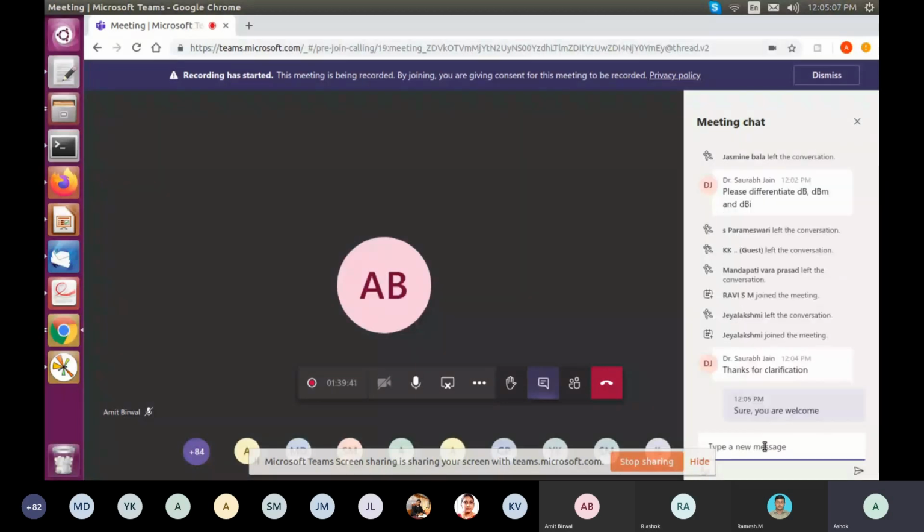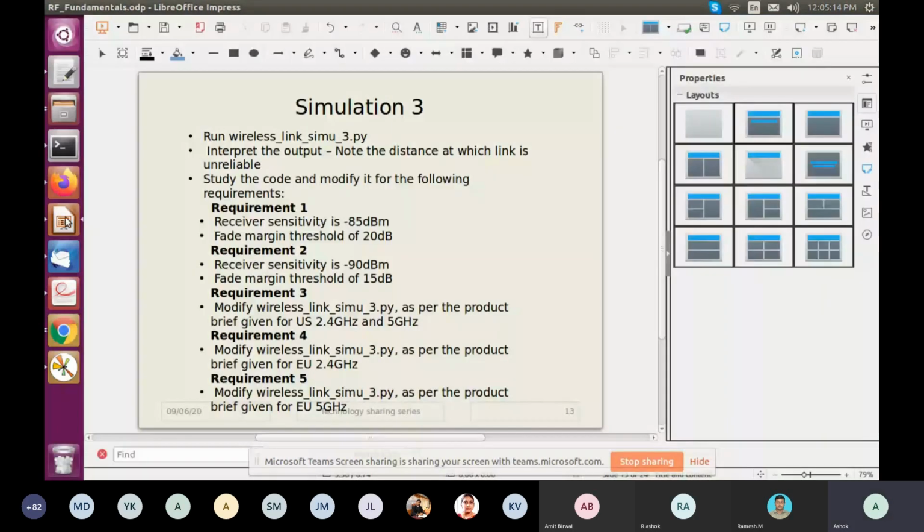Okay, so let's move ahead. We have a lot of things to cover, so let me start rushing up. I leave this exercise to the viewers. We are primarily talking about this wireless link simulation, where you can change around and play around with it now that you have an idea about how the code works. So, for example, requirement 1, which is minus 85 dBm and 20 dB, you need